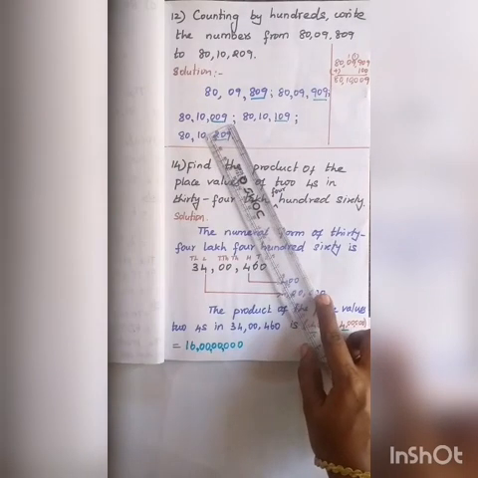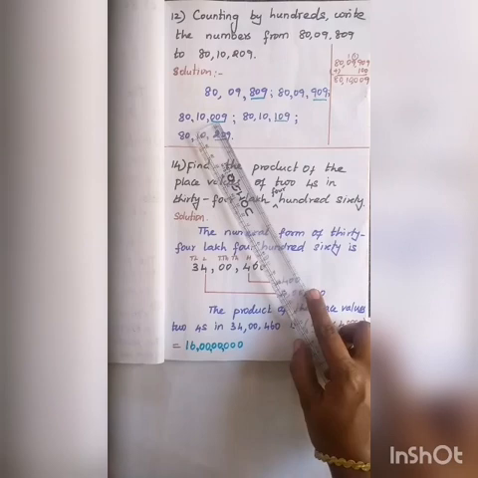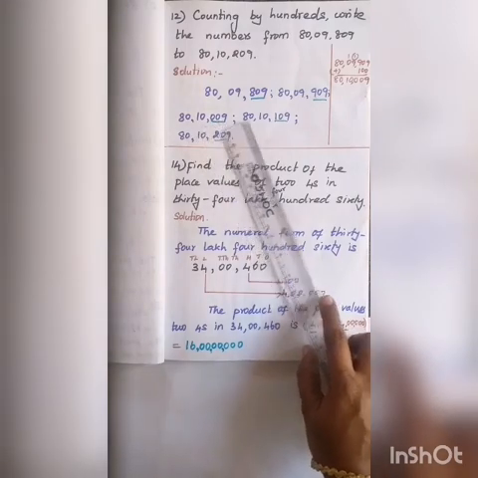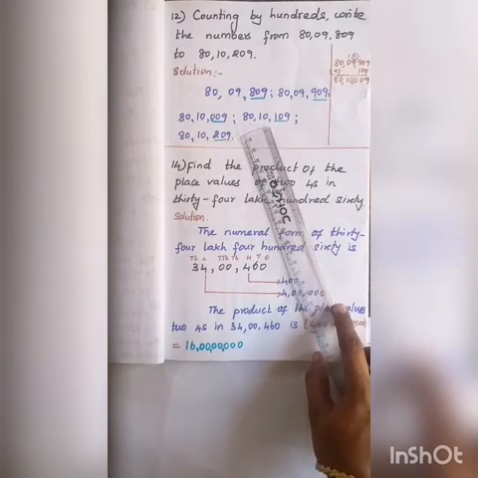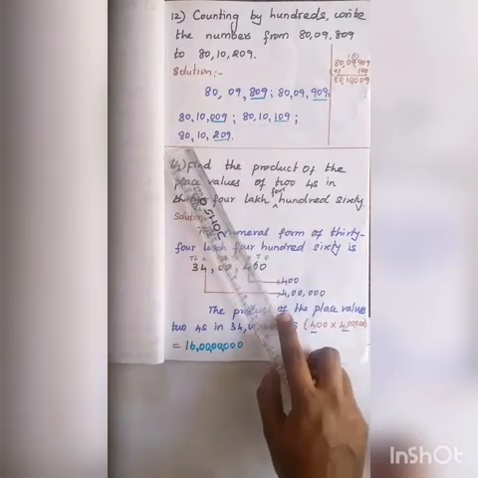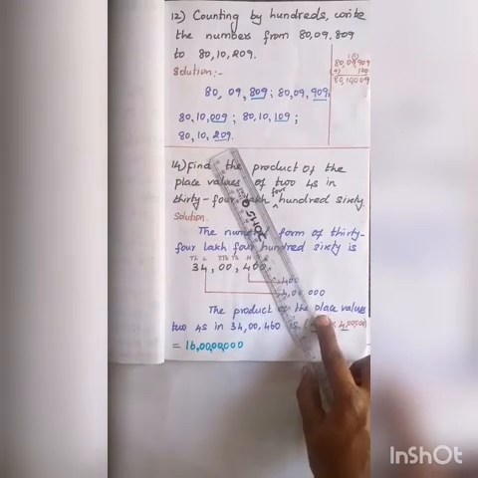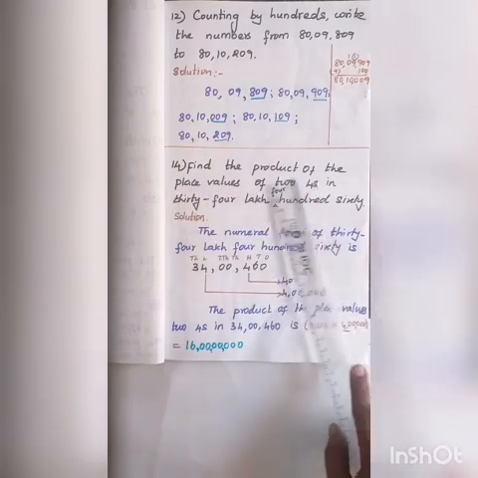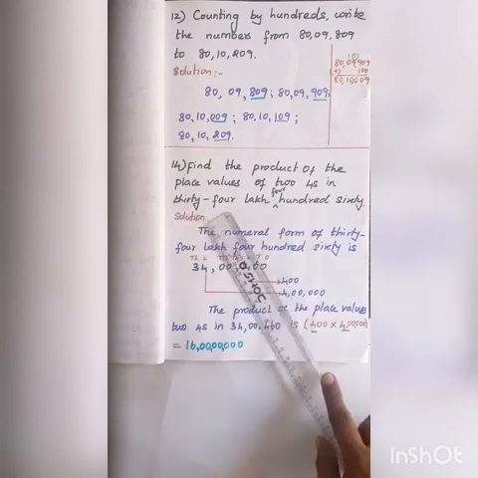Next, see this one. The ones place has 9. After you add 100 to this number, you will get 109. So 80,10,109. After that, you get 80,10,209. Next, 14th problem. Find the product of the place values of 2 fours in